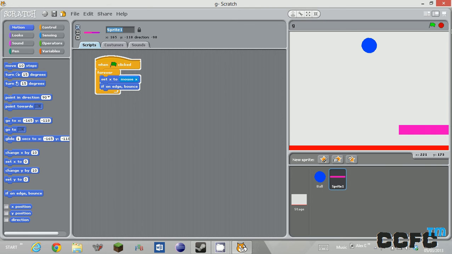So right, we want to give this a name now because I prefer to work with names, so it's actually called Paddle. So now it's got a name and it's called Paddle. Right, so